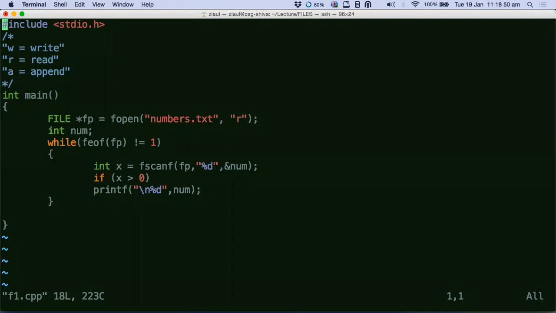Because when you have a mixed file, you don't know in what position you have a character or an alphabet. It can be anywhere. If you had known that position, you could have read it once using scanf percent s for strings, and then again read whatever is left using scanf percent d for numbers.